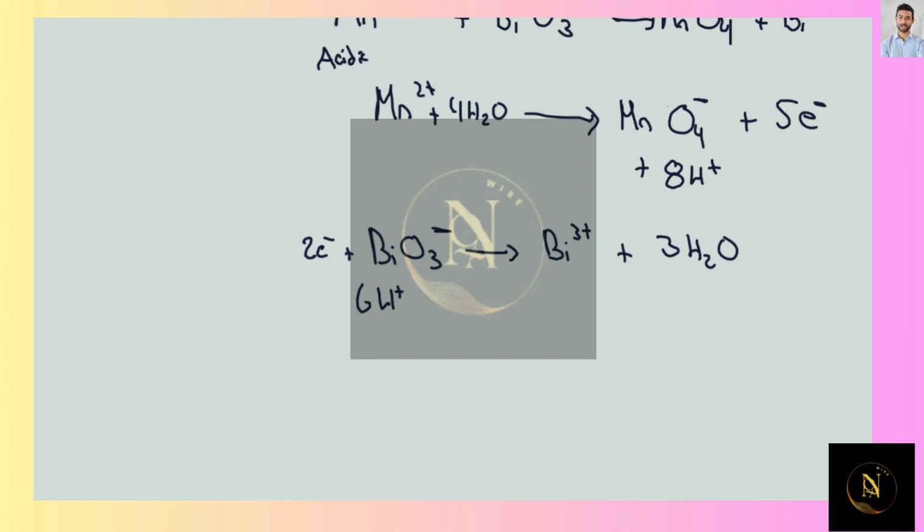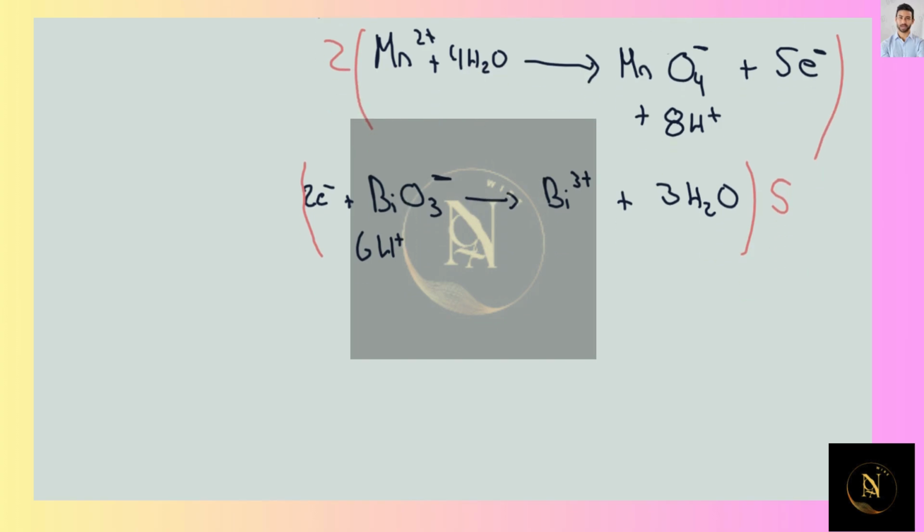So now the only thing that we need to do is multiply each equation by the number of electrons that we have from the other. So equation 2 is going to be multiplied by 5 electrons, or by 5 directly. And equation 1 will be multiplied by 2. Let's omit here the electrons. What this is going to do is make electrons disappear on both sides. So the overall reaction in this case will be